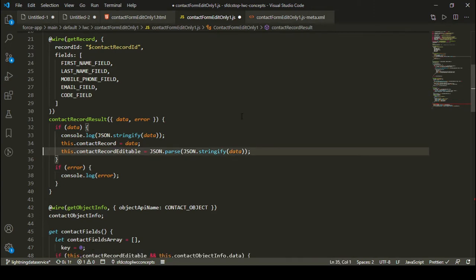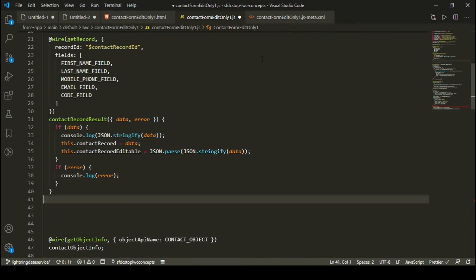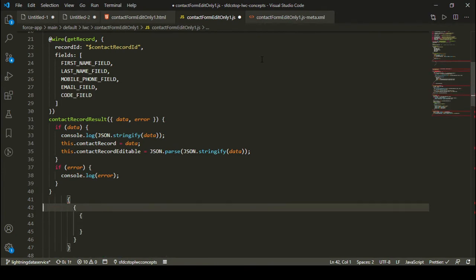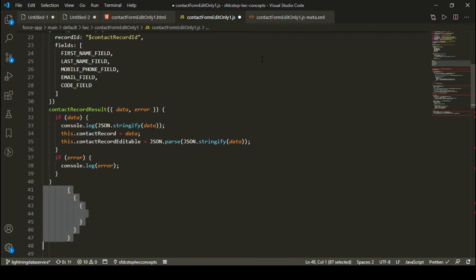But the point is that in this particular scenario, the data that I'm getting is very complex. So in case you are getting a complex object structure, it is better to use JSON.parse and JSON.stringify, because it is possible that, let's say you have a structure like this. For example, you have an object like this, and then you have another object inside this, then you have another object inside this. So it is possible that you have a copy created of the whole object, but inside the copy as well, this inner object may be linked to the old object's inner object. I mean, this is a little confusing, but let me show you.